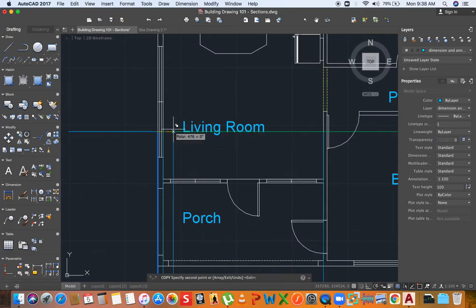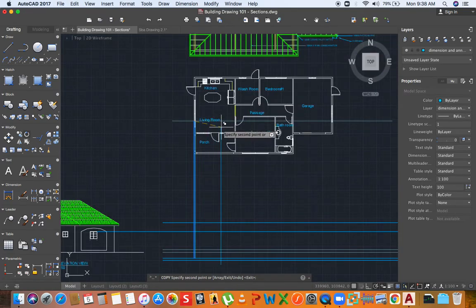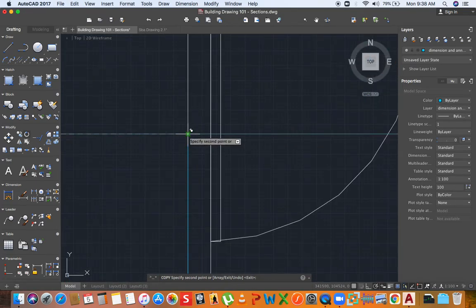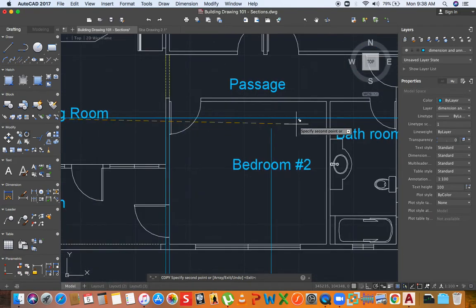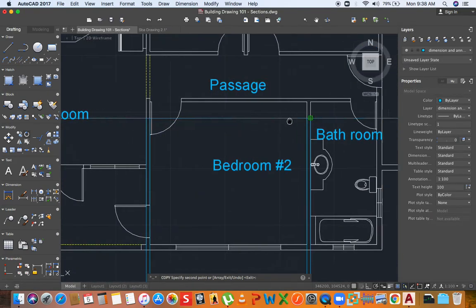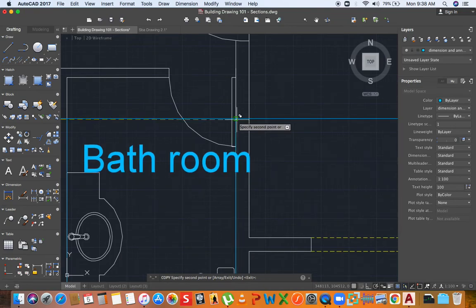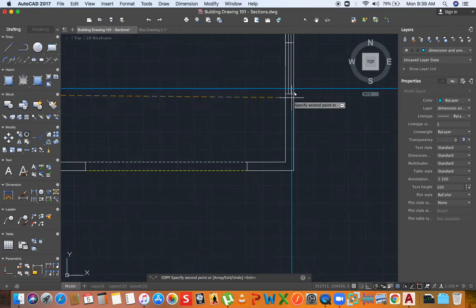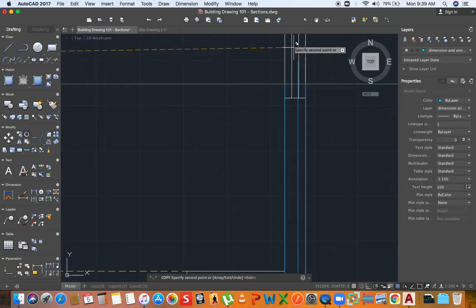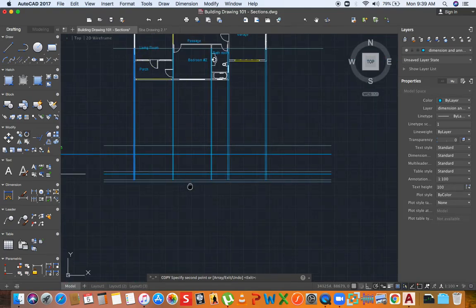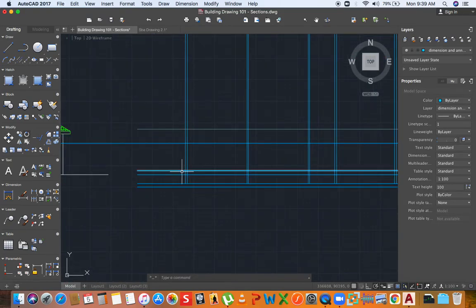Let me do this one over. I think I may have made a mistake. I don't want to make any mistakes. Let me zoom in correctly. Alright. Right here, right here, right here, right here. Oh, this wall right here, and here. So I'm transferring the walls. Alright. After I've done this,